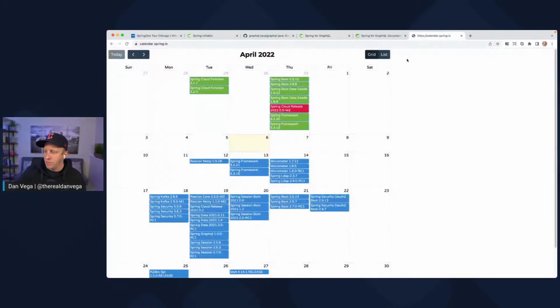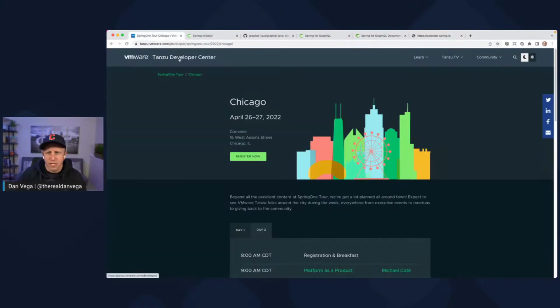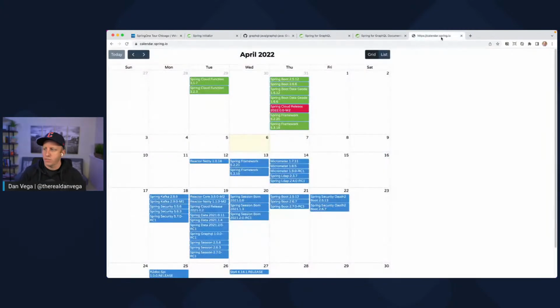Did you know about this handy dandy calendar? If you watch Office Hours with Deshaun and I on Mondays, well, actually, we're not on here yet. We will be on here soon. But if you follow our Twitch, we do an Office Hours every Monday morning. We use this calendar to kind of see what's coming this week. So this is basically telling you what releases are coming from the Spring team. See, we got a whole bunch of stuff coming down in April. But if we jump over to May